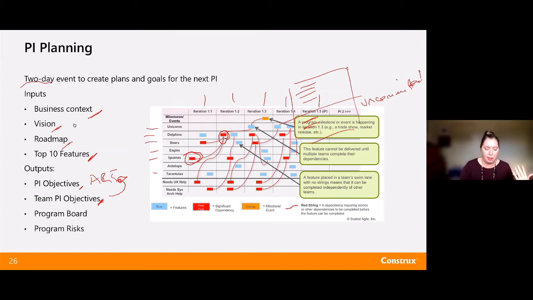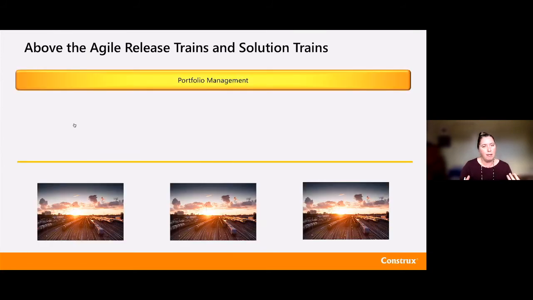We've talked a lot at the ART level, or what is called the Essential SAFe level, but there are a lot of things above Essential SAFe. Many people will start at the ART level and then build on top of it and bring in the pieces that make sense for them. Some people doing fairly large solutions need a solution train, which is basically a grouping of ARTs. So I've got maybe 3 ARTs underneath a solution train because I need many, many people working together to build pieces of self-driving cars, all of the systems and all of that coming together. I need more than one ART could do.